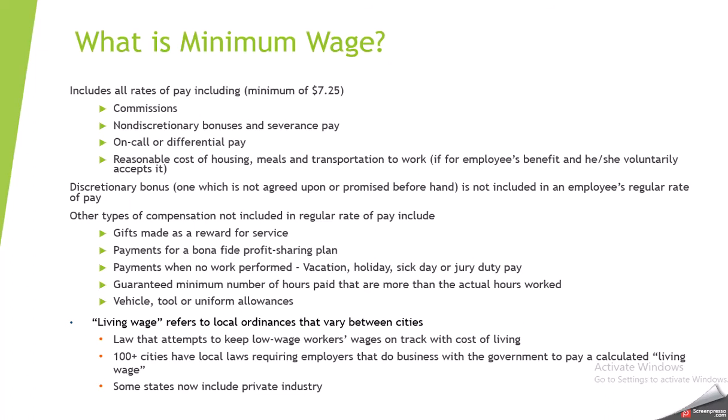Then the living wage is different than a minimum wage because in some cities, the cost of living is so high. To pay those people $7.25, they would really be below the poverty level in that city due to their cost of living. So they're going to require a higher rate of pay in those 100+ cities that have that high cost of living.